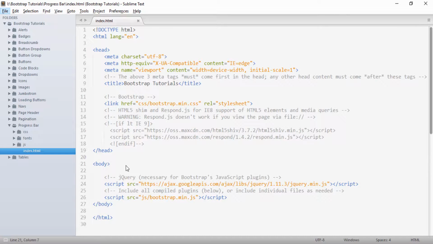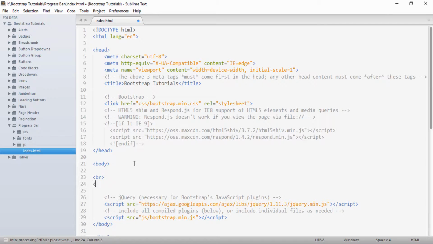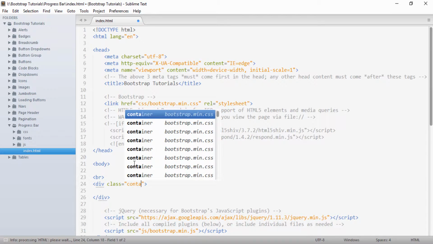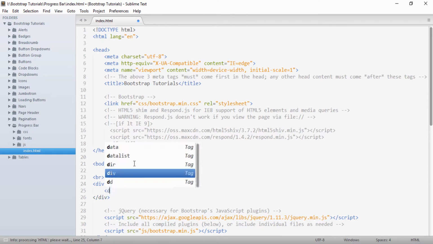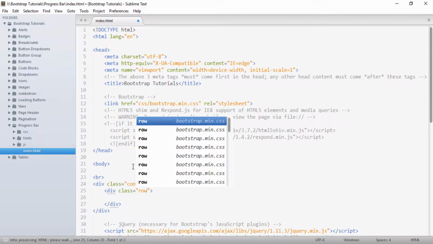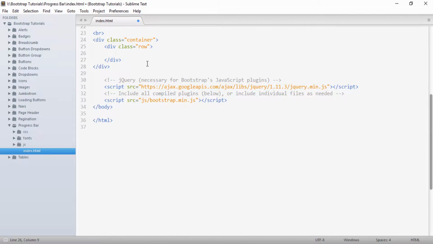So friends, here you can see in progress bar index.html, after providing the Bootstrap CSS and Bootstrap JavaScript files, let's see how we can create progress bars in Bootstrap. So first I will create a BR and then I will create a div. To this div I will provide a class of container, and inside this container I will create a row, and inside this row I will create two columns,